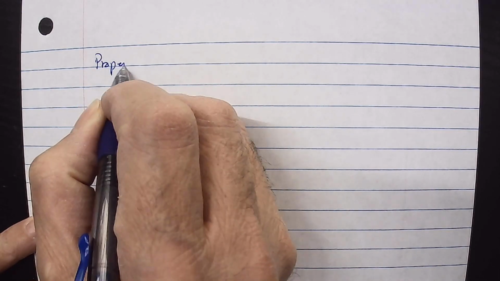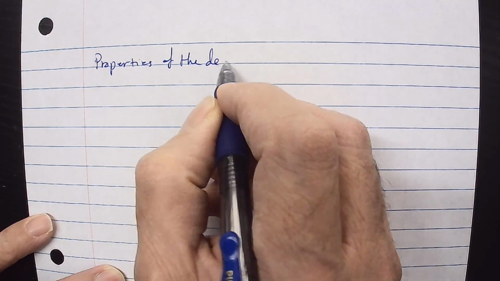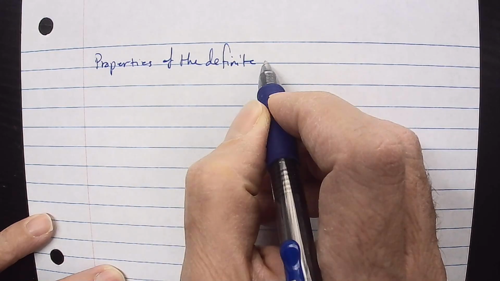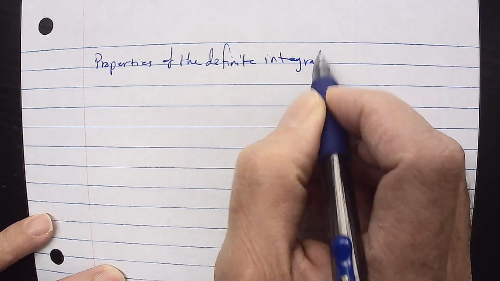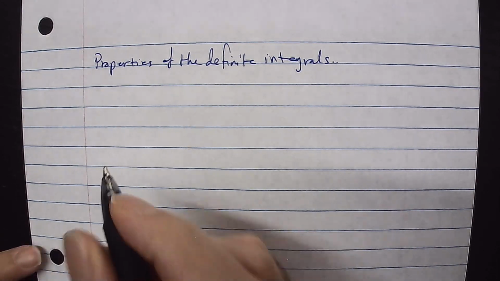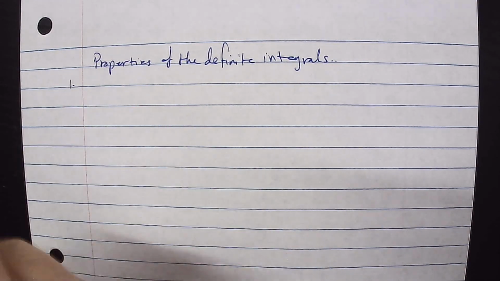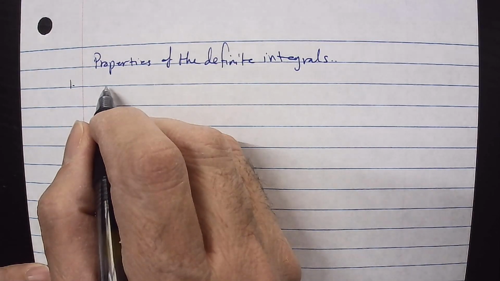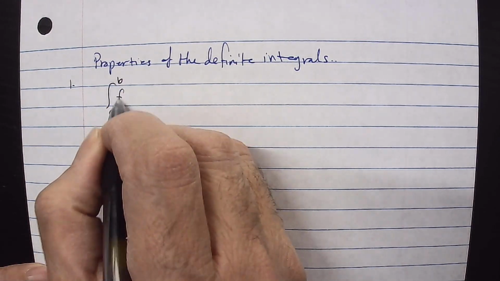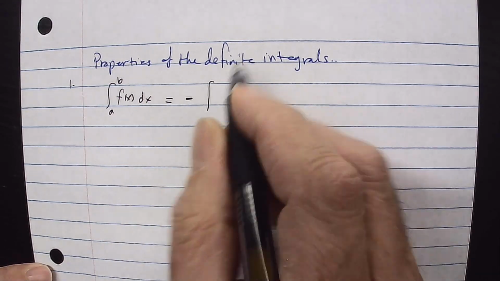Properties of the definite integrals. Here we have 7 properties. Number 1, the integral from a to b f of x dx is the negative of the integral